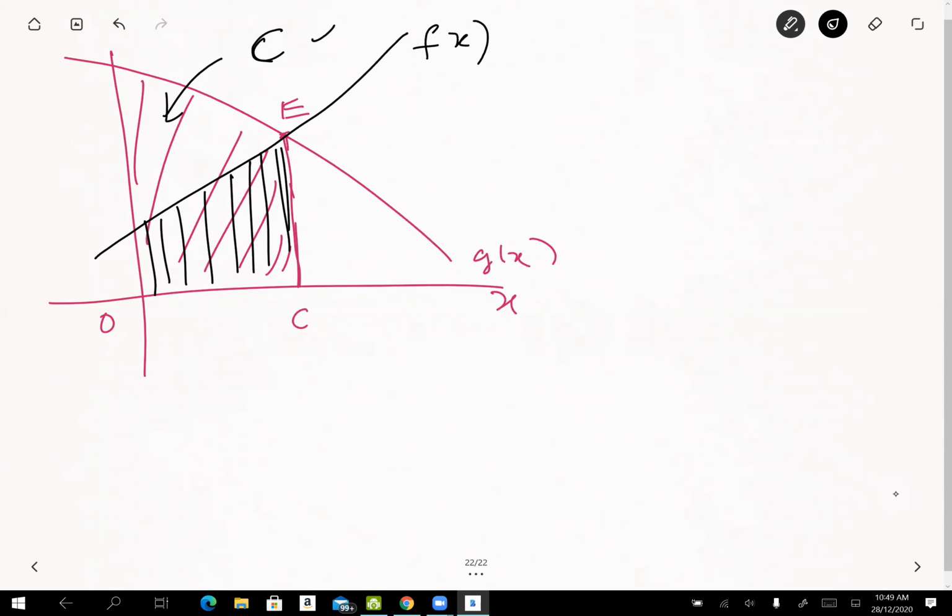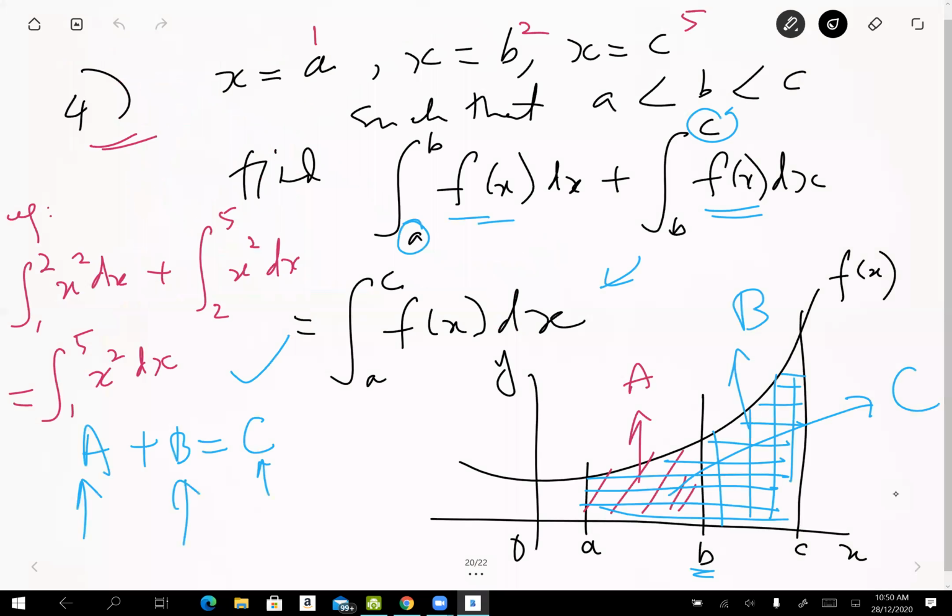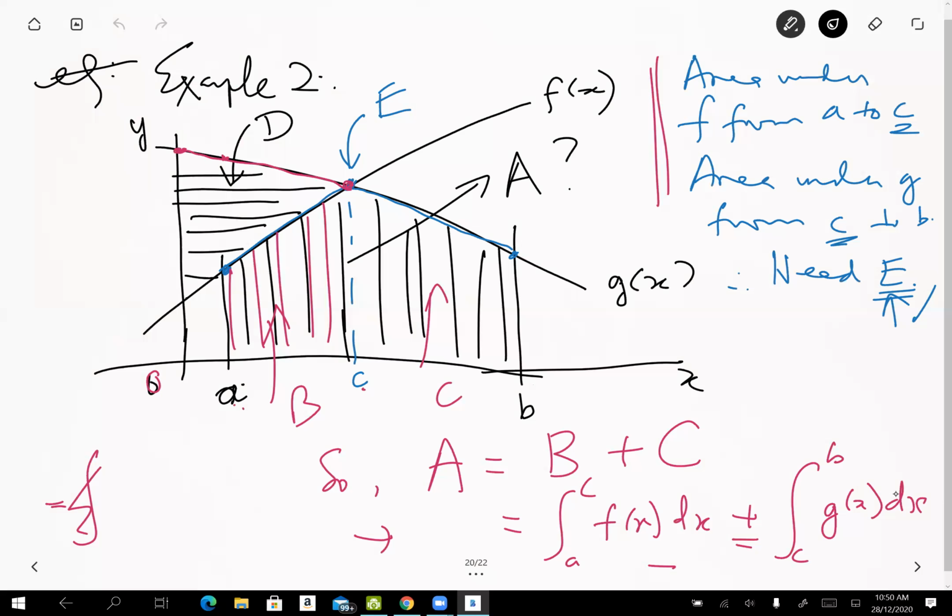I need C to take away the area under F. All right, so I need to take away the area under F. Okay, so what is it? It will be the area from 0 to C, which is the area under G, minus the area